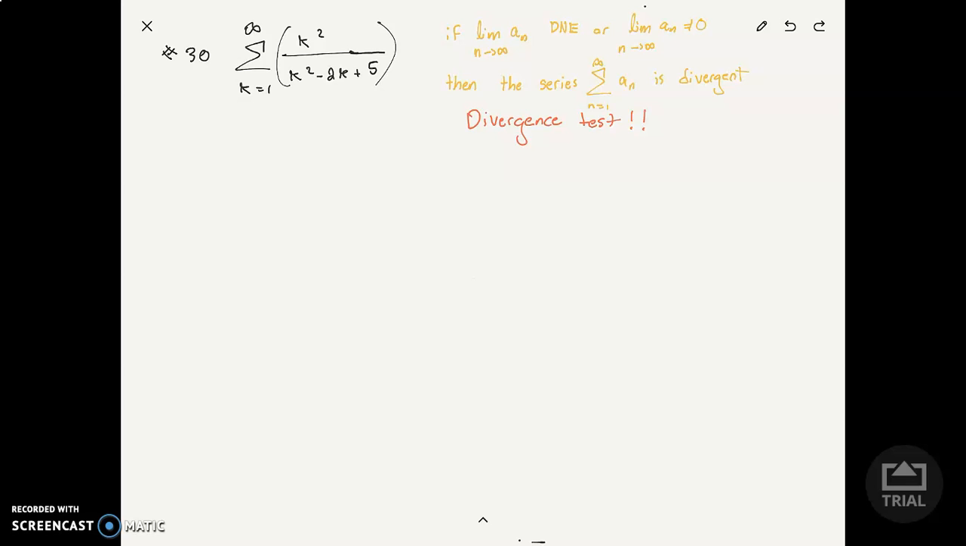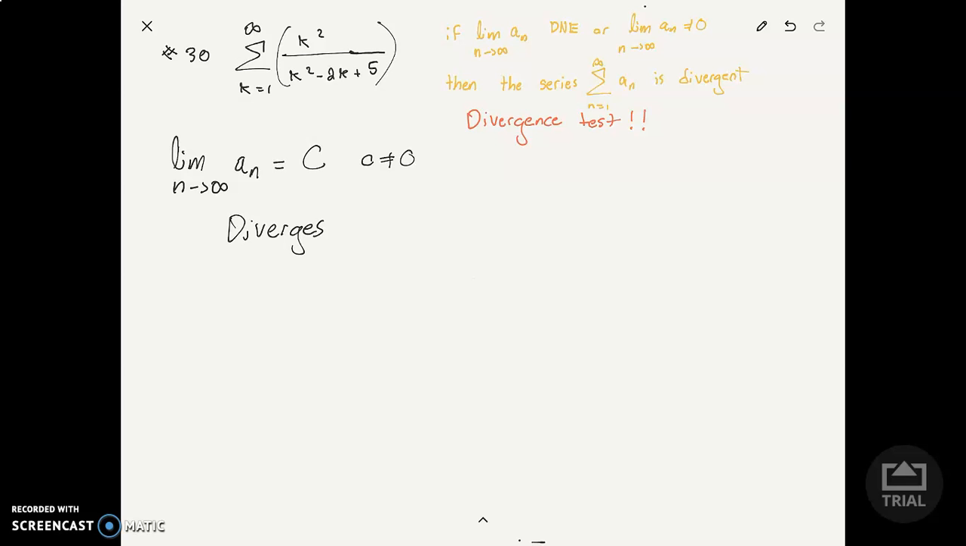The case that will pop up a lot is you're taking the limit of your a sub n, and you get some value c, where c is not 0. That means it diverges. So if it's 1, negative infinity, does not exist, 500, whatever it may be, as long as it's not 0, then this thing diverges. Okay? However,